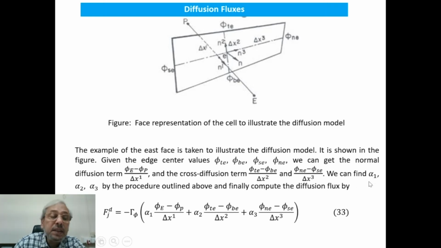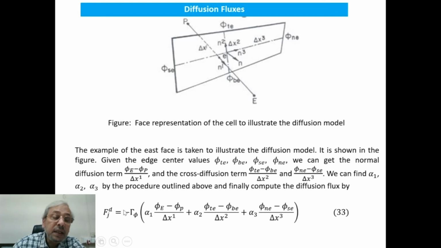So we can find alpha 1, alpha 2, alpha 3 by the procedure. We have already mentioned it earlier, applying Cramer's rule. By applying Cramer's rule, d1 by d is alpha 1, d2 by d is alpha 2, and d3 by d is alpha 3. By the procedure, as I said, outlined earlier, we can calculate alpha 1, alpha 2, alpha 3,